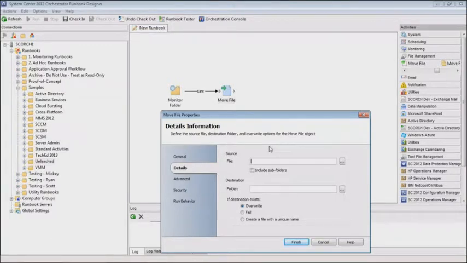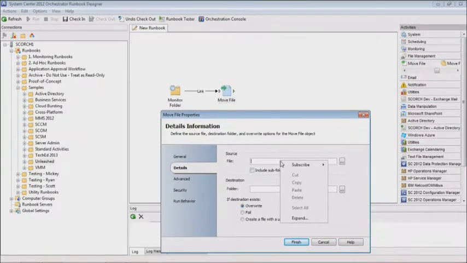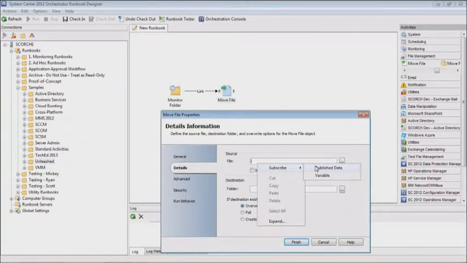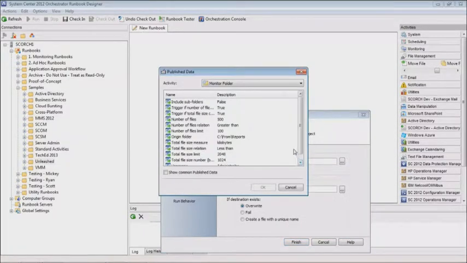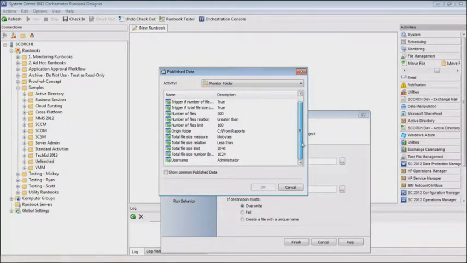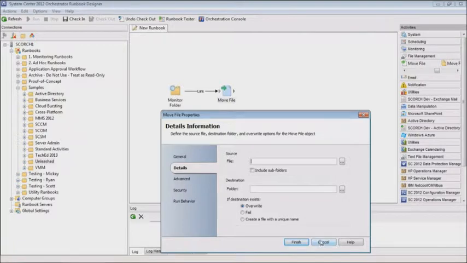from the previous activity. So the wonderful thing about Orchestrator is this runbook is going to all run in the context of a Windows process, PolicyModule.exe it's called. And each of these activities automatically publishes data that I can subscribe to. I don't have to work to get this, it's just there. So when I right click in this file spot here, I can go to published data and I can look to see if this gives me what I want. So maybe what I'm looking for here is the name of the file. So what you see here is this actually won't do what I want,